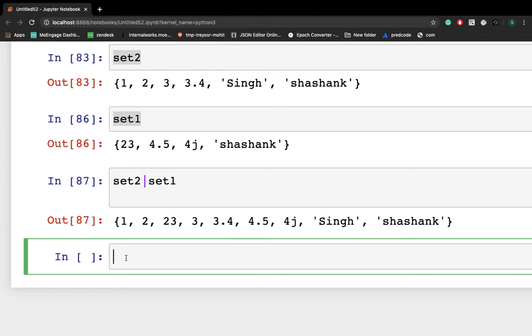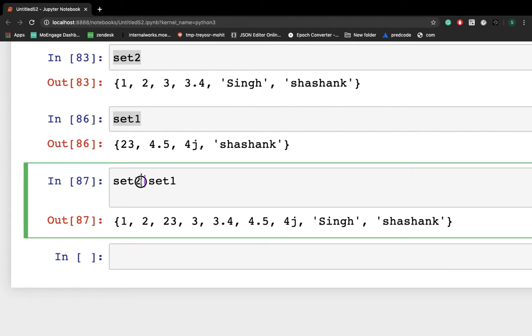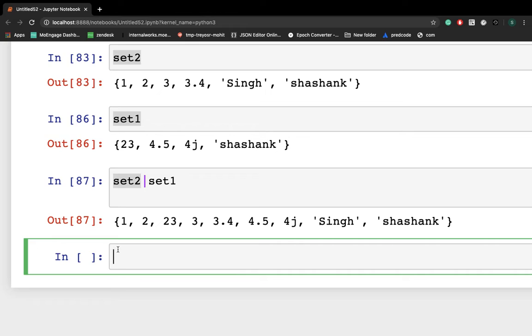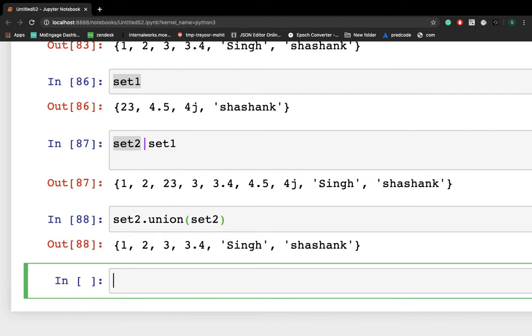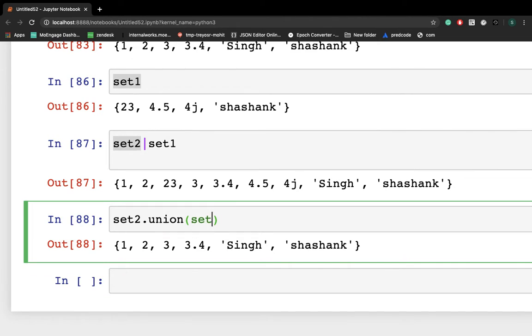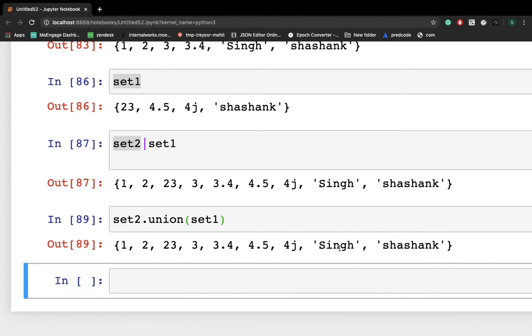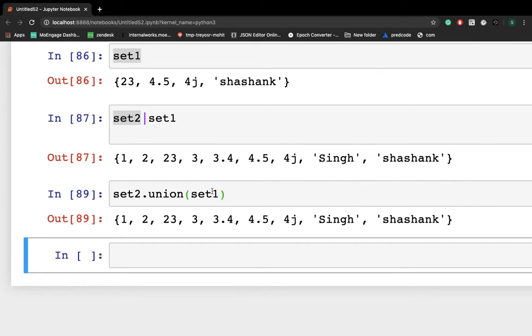The second way is you can use the union function as well. Let's say you write set2 dot union set1. So this will return the union. You can't see the difference because it's already been unioned.